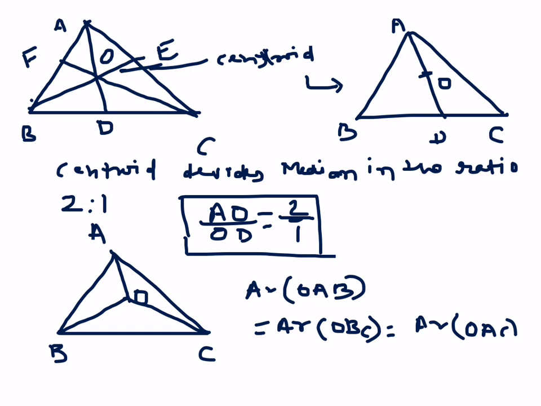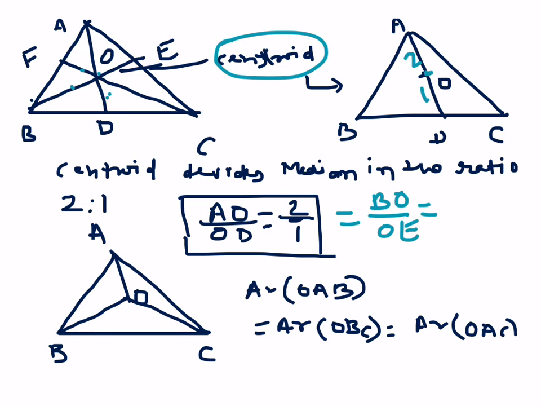So if you draw three medians, from A to AD, this one, from B to BE, this one, and from C to CF, this one, they will intersect at a point called centroid. So centroid is the meeting point of all three medians here. Now very important, centroid divides a median in the ratio of 2:1. The 2 is the upper part and 1 is the lower part. I mean the 2 is near the vertex and 1 is near the midpoint of the side. So we will get AO by OD equal to 2 by 1. Similarly, you can also write BO by OE 2 by 1. Also, CO by OF is also equal to 2 by 1.